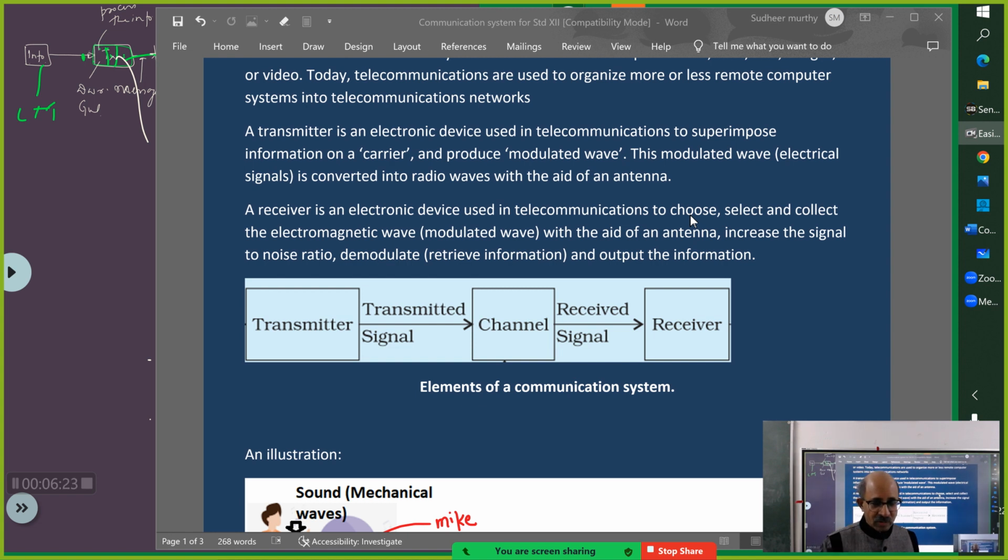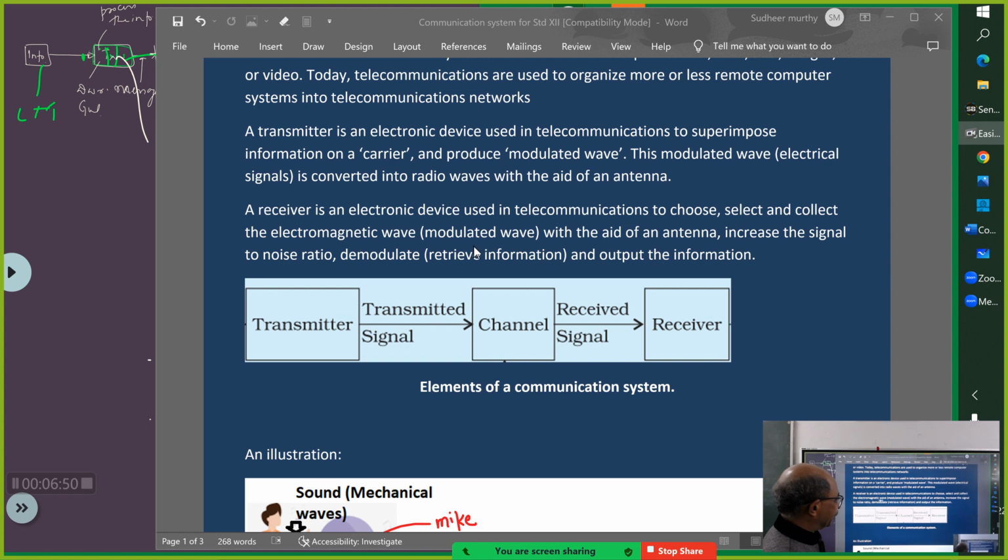Yes, sir. So you choose the person from whom you want to hear, and you will discard all others. You will not heed all other sounds. That is what I meant by choose and select. And then you collect. That is, it enters your ear, and your ear will process it, and you will enjoy the melody. So the only thing is, in the machine, that is in the receiver, it will choose, select and collect